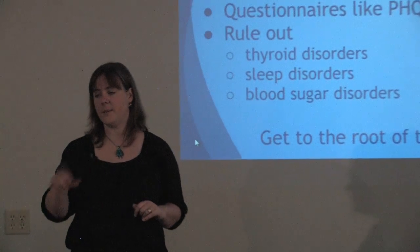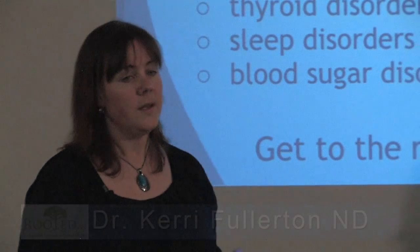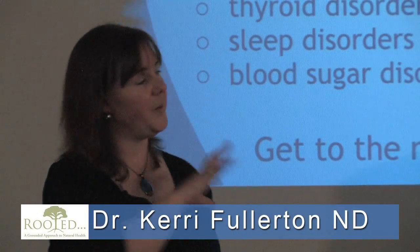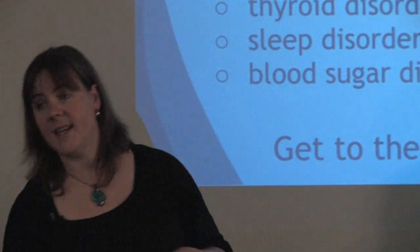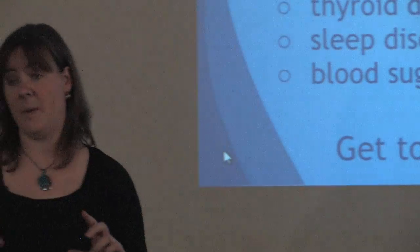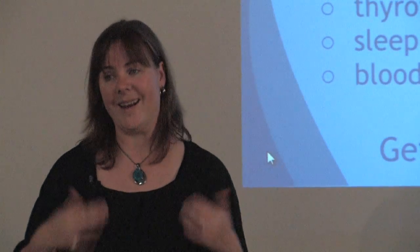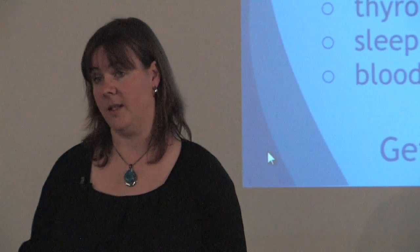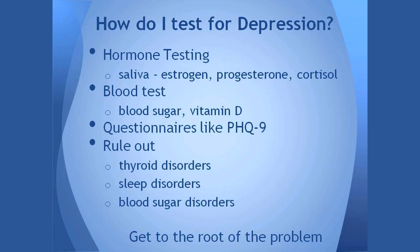So this questionnaire is something a lot of doctors use. We quite often use it to check in. So there are lots of things. But then again, what we do differently is that we're trying to dig a little bit deeper. So we're going to ask for some blood tests. We're going to ask for some hormone tests. That might be blood. That might be saliva. There's a lot of different ways that we can really uncover what else is happening that could be contributing to these depressive symptoms. We want to rule out the thyroid disorders and the sleep disorders and the blood sugar disorders